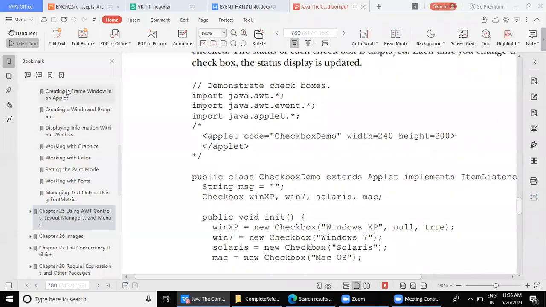Particularly, I've also kept the left side pane open so that you understand. See, this is something extra which I'm teaching you, even though it is not directly in the syllabus right now. All these programs are not there for your practicals, but I'm teaching you out of my own interest.